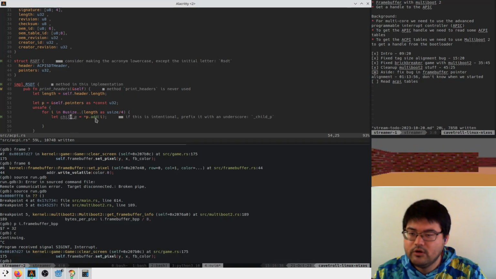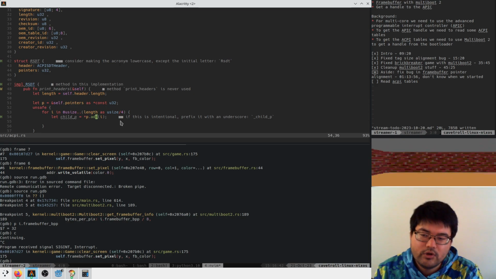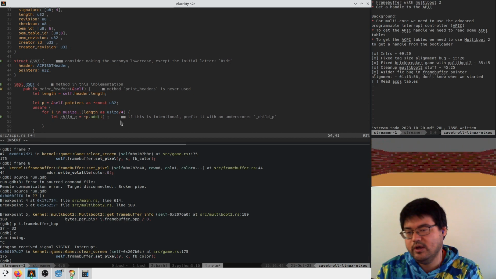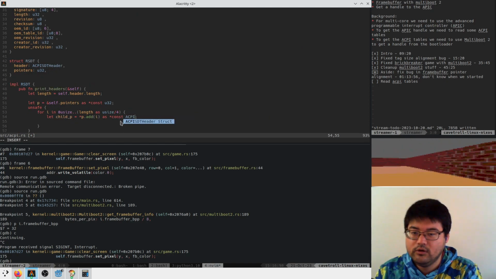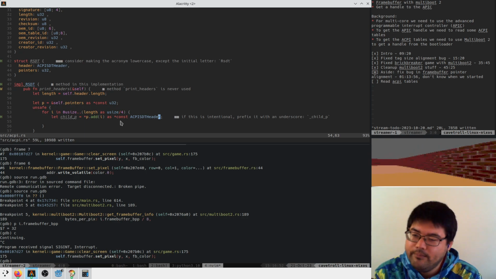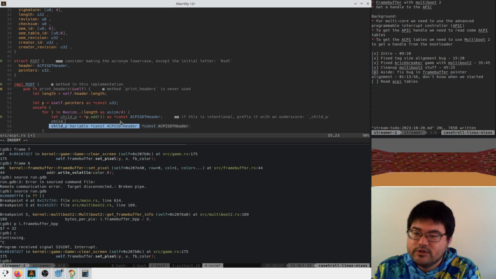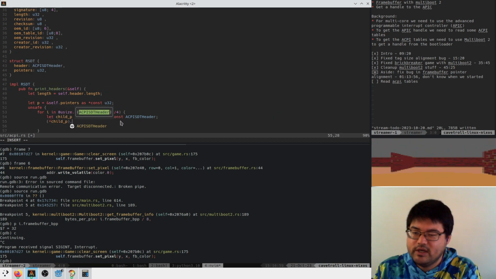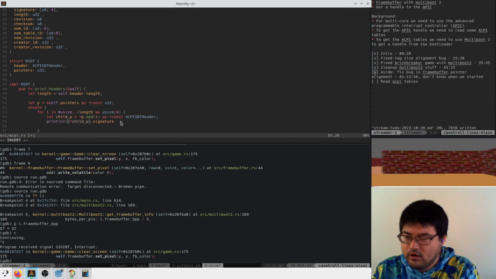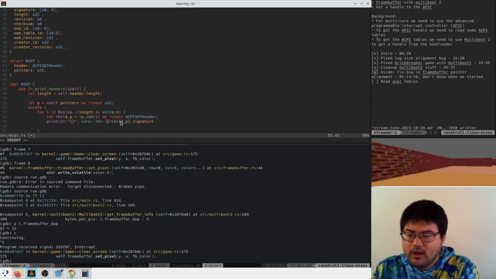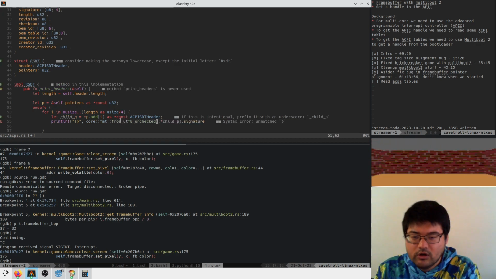Okay, so for each of these children in the table, we're going to convert this to a pointer to an ACPI header. And let's just print the signature. So we can dereference this and look at the signature, and let's just println, using core::str::from_utf8_unchecked because I don't really care if it's wrong.